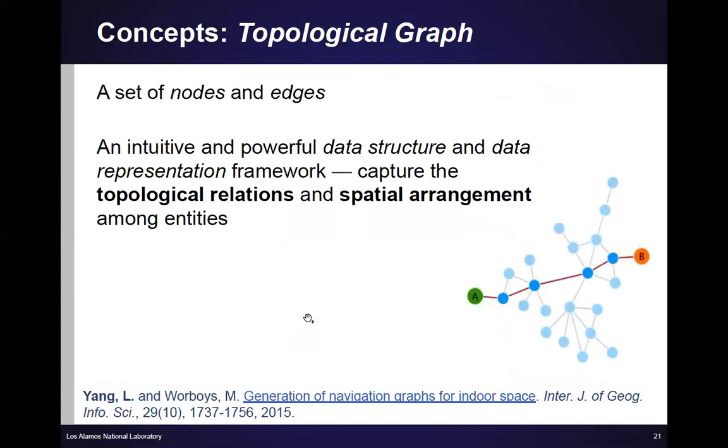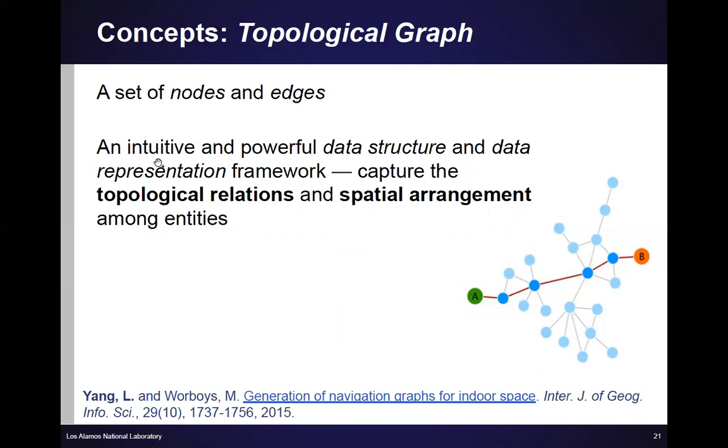The final concept I want to cover is called topological graph. It's a set of nodes and edges. Actually, graphs are in our daily lives; we use them a lot. For example, if each node in this image represents a bus stop, and between two bus stops there is a road connected, we can use a line to connect them. It can also represent friendships in a social network. If each node represents a person, and this person is you, and you have one friend, then there is a connection, a line connecting the two nodes.